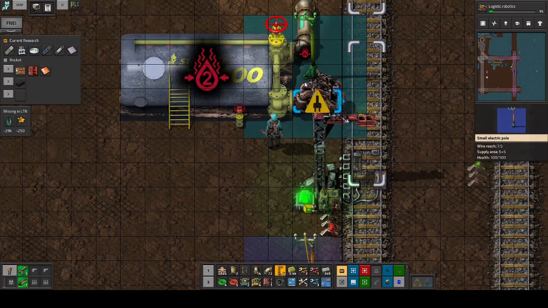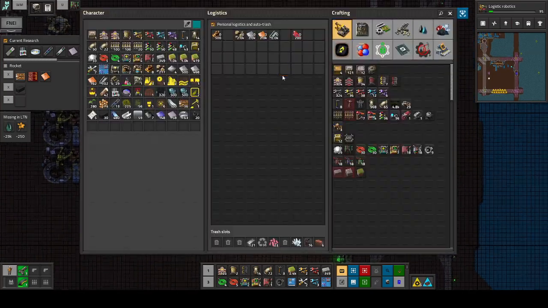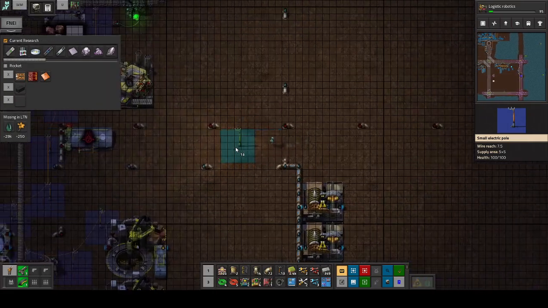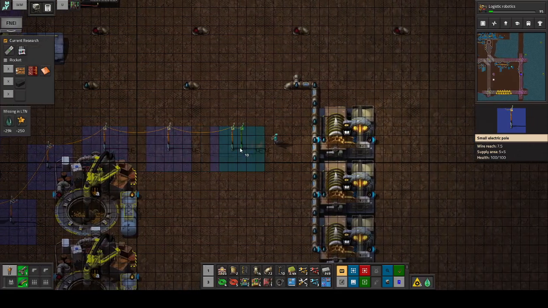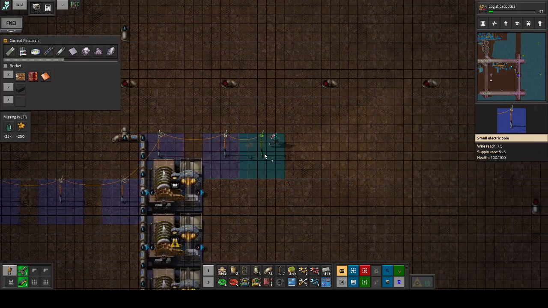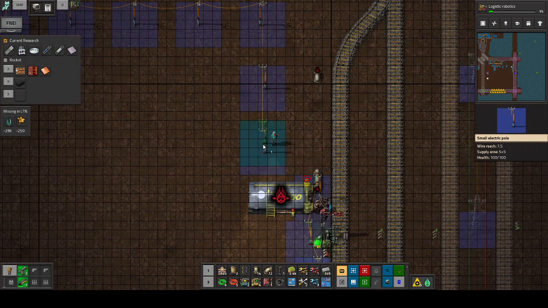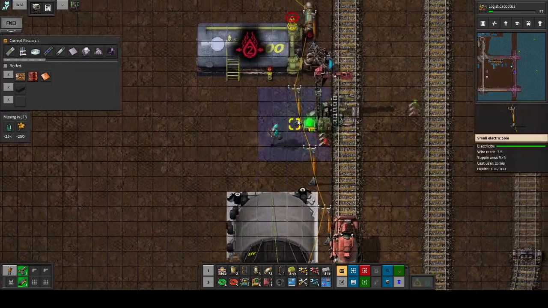Okay, power. That might be a bit of an issue because we don't have any power nearby, so we'll just have to drag a couple of power poles a little bit. Let's hope this is enough. I'm not sure I want the borax here any longer, to be honest. I might just put that somewhere else. Okay, so